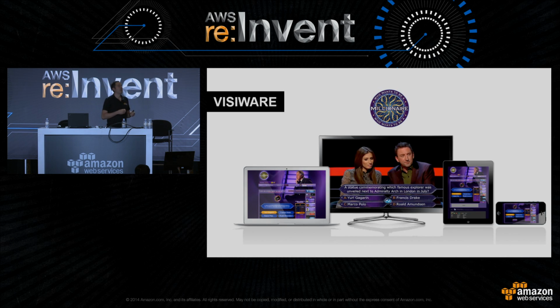This is why you see so many second screen applications running on AWS: economically it makes sense. Those guys from VisiWare have a backend running only once every 2 weeks for a couple of hours. It would be completely silly to have a physical architecture for an application that runs such a low amount of time.